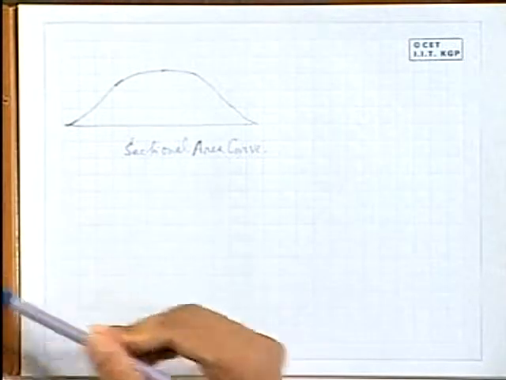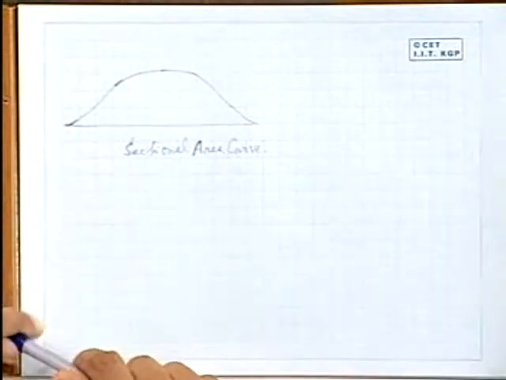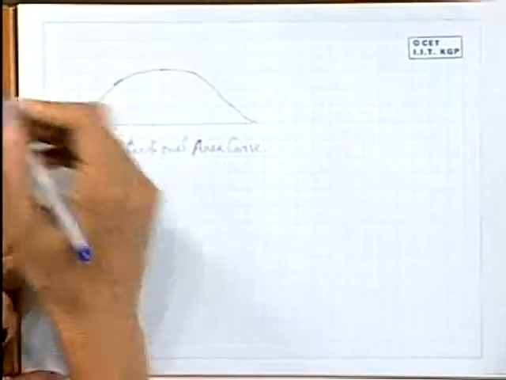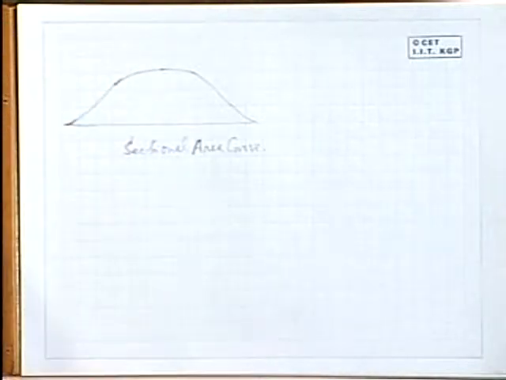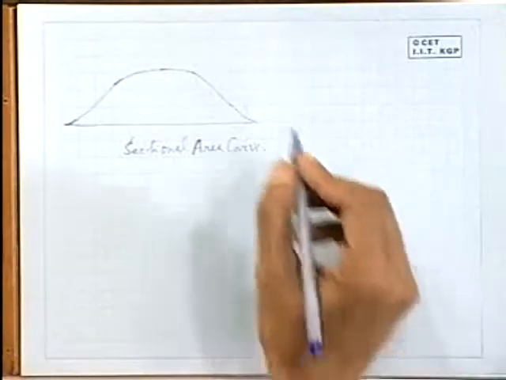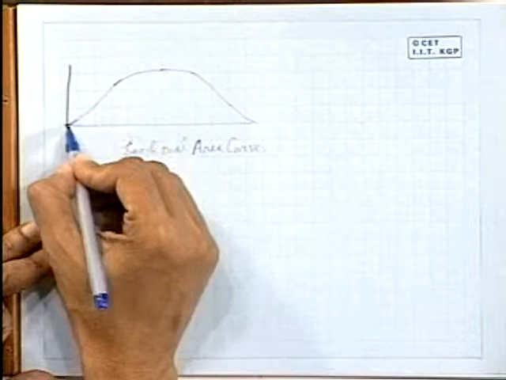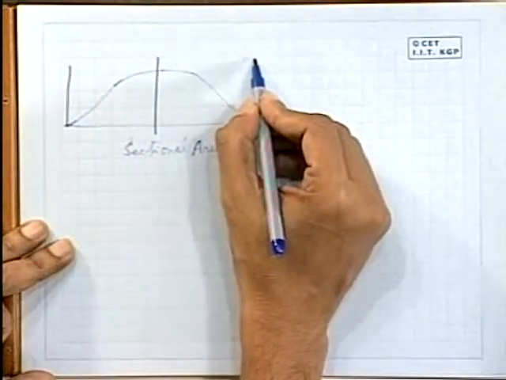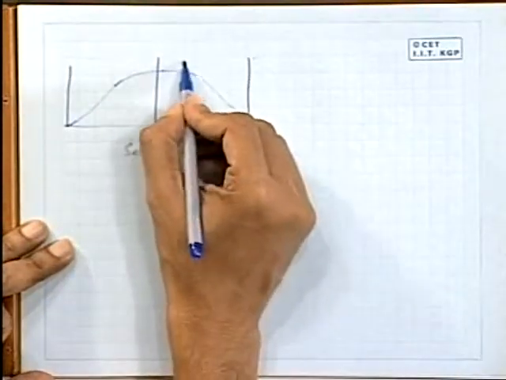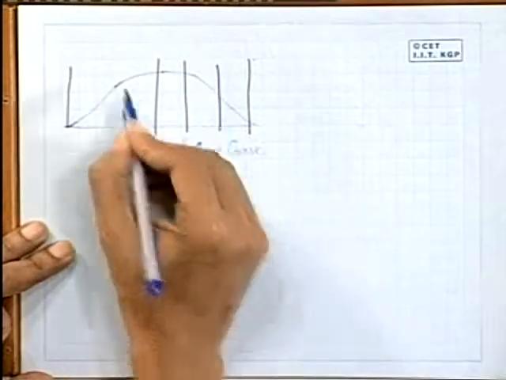So in the sectional area curve, the ordinates are the sectional areas at the various stations. Stations are nothing but the positions along the length of the ship. The length that you have already marked, that is called the LBP, between the forward perpendicular and the after perpendicular, is divided into an equal number of parts, and these positions are called stations. So similarly here also you have to measure the stations, and you get the sectional area,